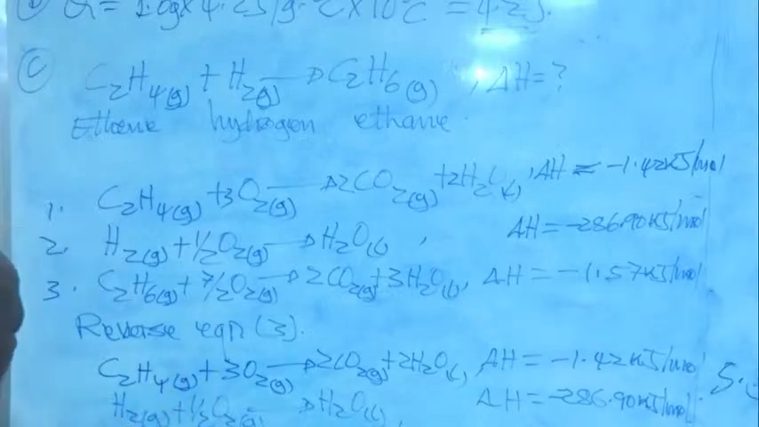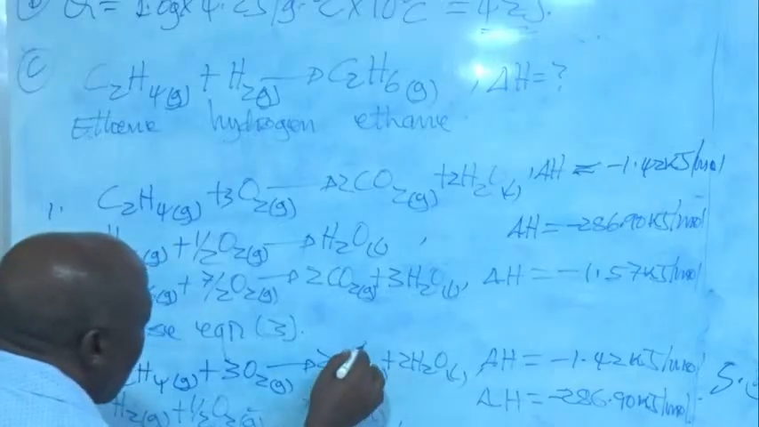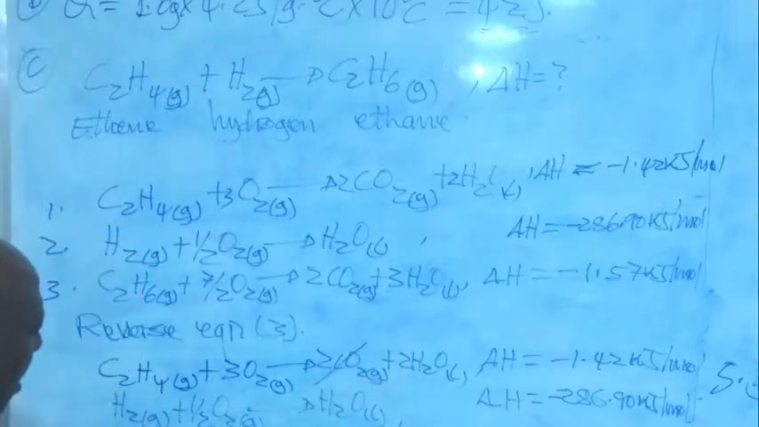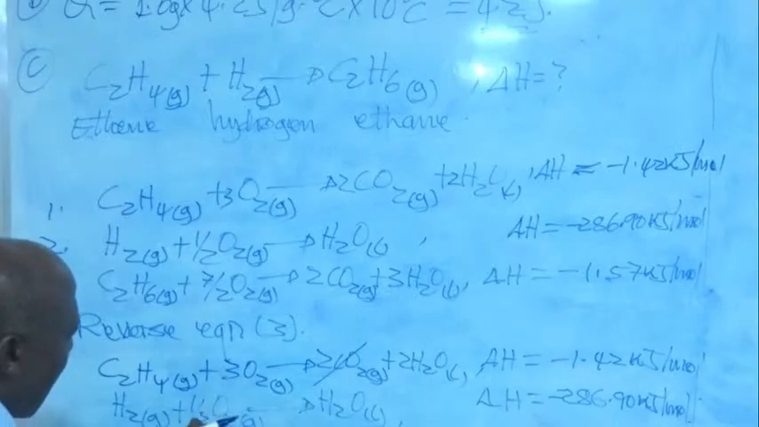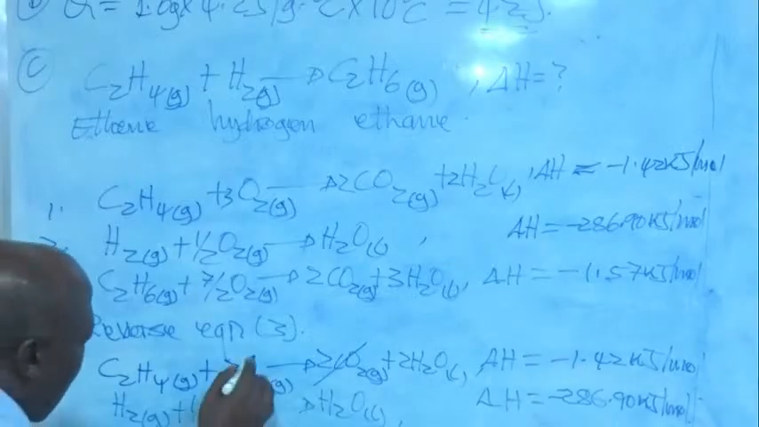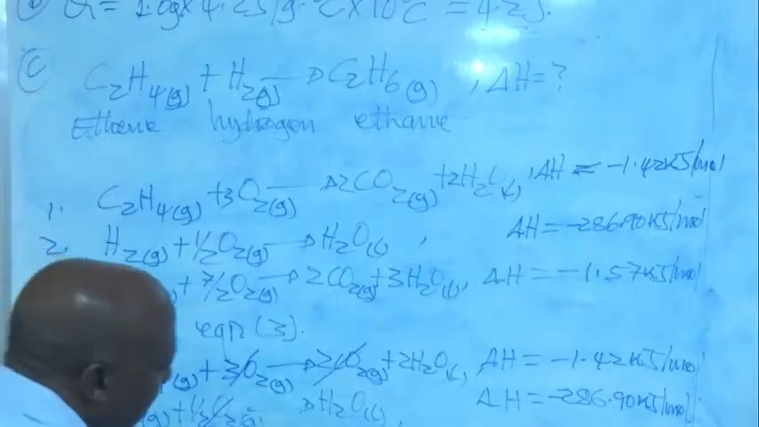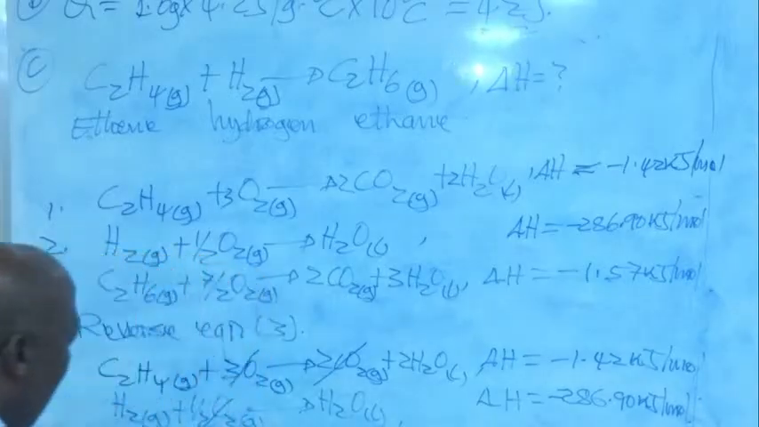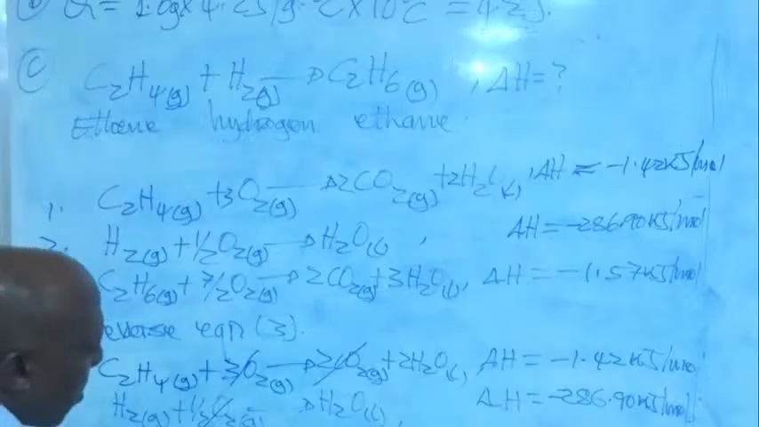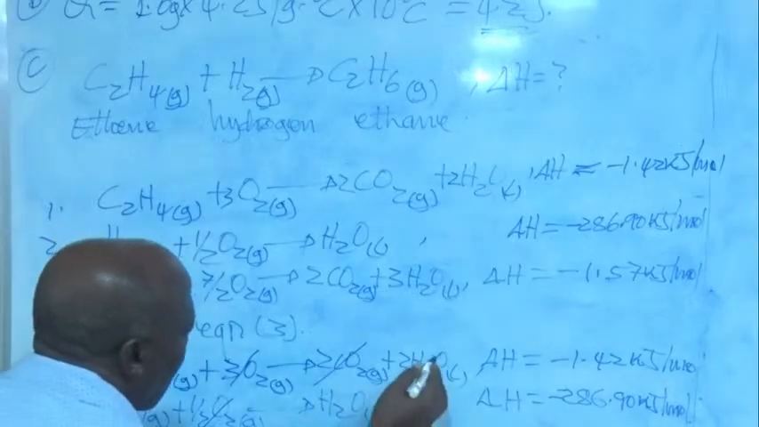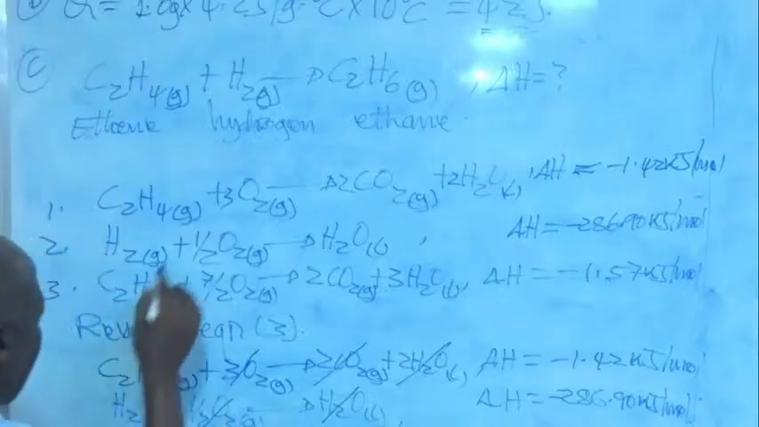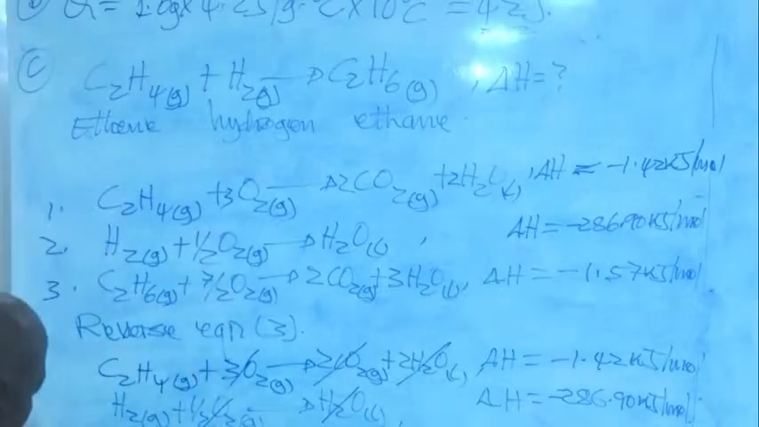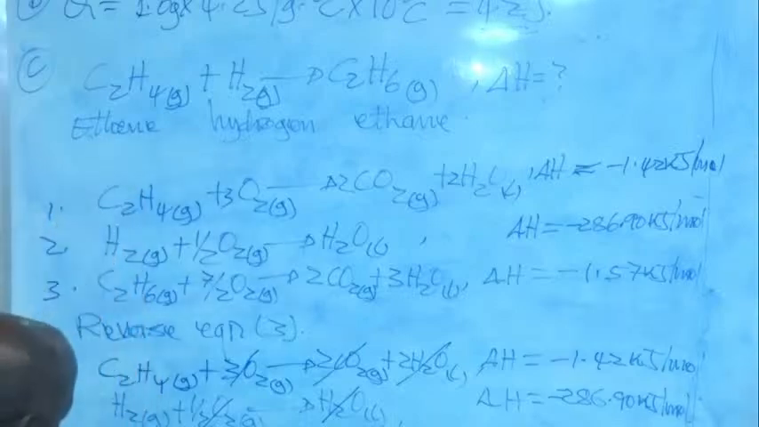So here we have 2 carbon dioxide, this and this one cancelled. We have 3.5 oxygen gas. Here we have 3.5. Then we have 3 water molecules, 1 water molecule plus 2, 3 water molecules. So finally, if you add the 3 equations, then you will get the required equation, which is